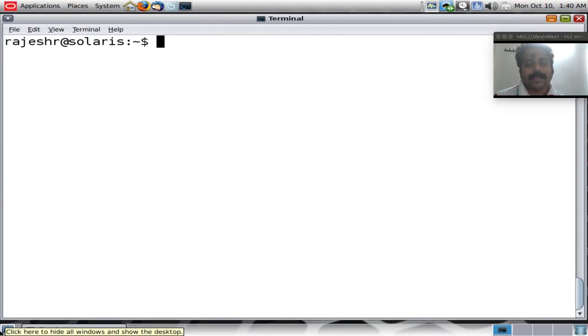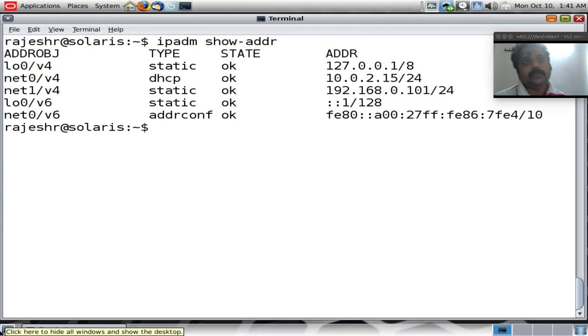So now that we have a fair understanding of the environment, our next step of course is to go ahead and set up an image packaging system on my S11 server, which is the text-based installation. So that I don't have to navigate across different terminals and spoil the viewing pleasure, I'm going to use only one machine, and probably I would do a remote connection from this machine to my S11 server. Before I do that, I just wanted to show you the list of IP addresses that I have.